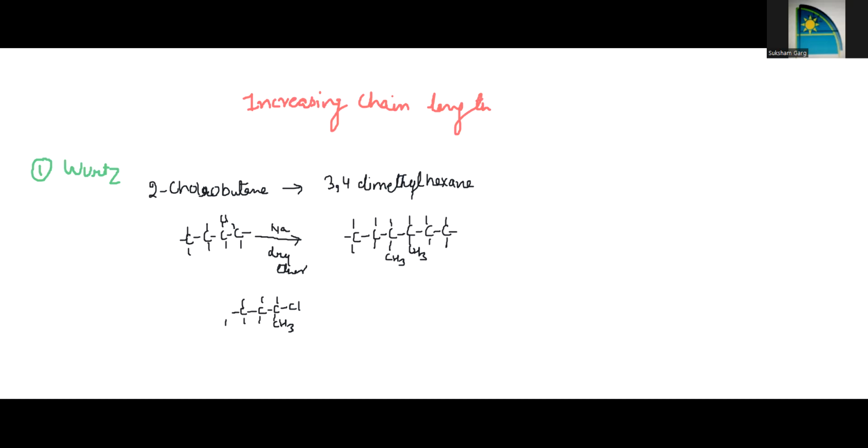Now, you notice one particular thing. Count the number of carbons in the starting material: 4. Count the number of carbons in the end product: that is 8. So think about the possibility of Wurtz reaction. Now you will get confused because chlorine was given somewhere in the in-between position here, not in the corner. So what you do is align the whole molecule in such a way that chlorine points in one direction and